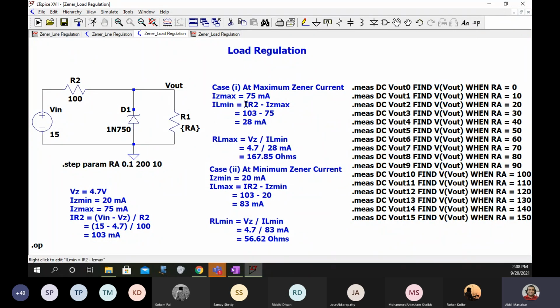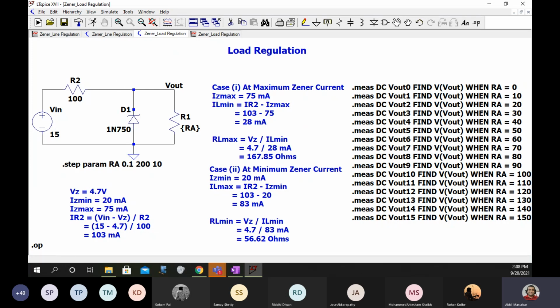So IL min is the constant current minus the current in the branch of the Zener, that is Iz max. So that will be 103 minus 75. So the current flowing through the load will be 28. And if the load current is minimum, then what you are going to get is the maximum value of resistance. So RL max is going to be 167.85 ohms.